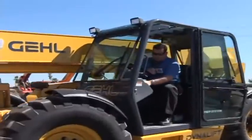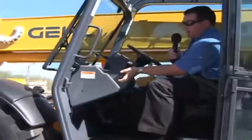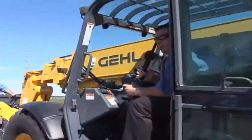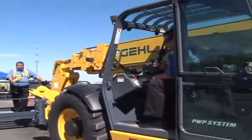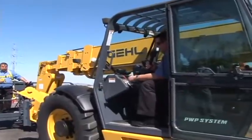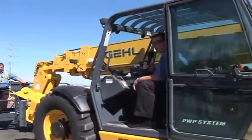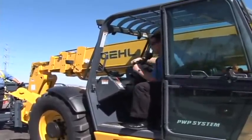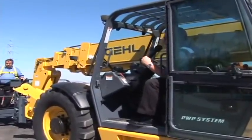We do offer a tilt steering wheel on here. That's standard on all the DL series. We have a Dana T16000 transmission with 4 forward, 2 reverse speeds. Again, our axles offer all 3 steering modes: 2-wheel, all-wheel, and crab. One of the unique things in the operator environment is we do have a single joystick with 2 different